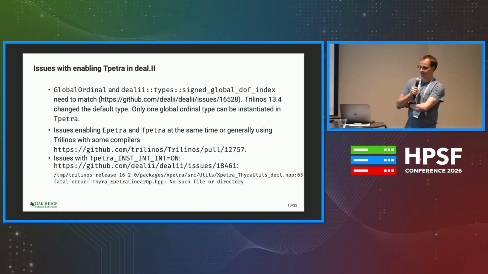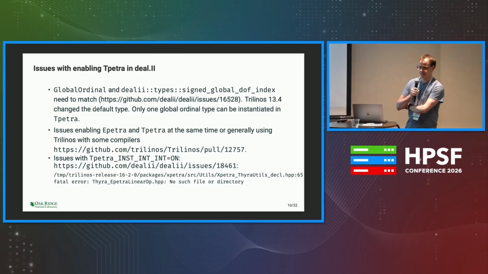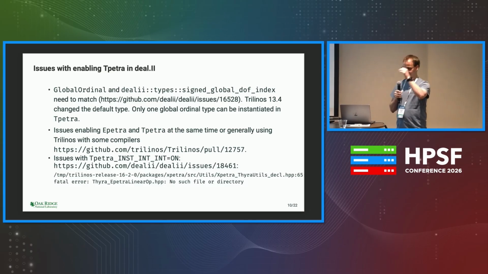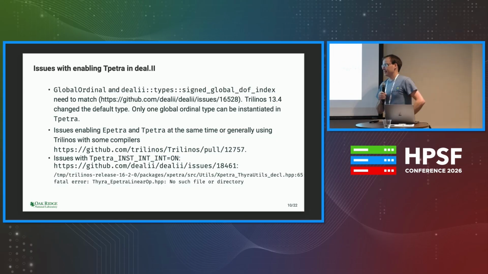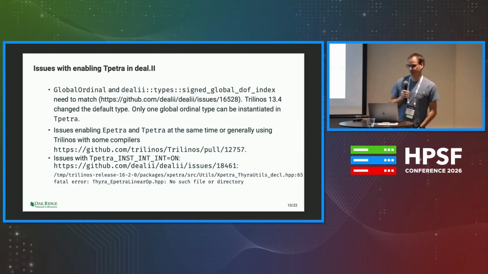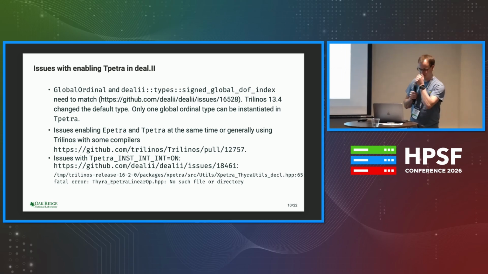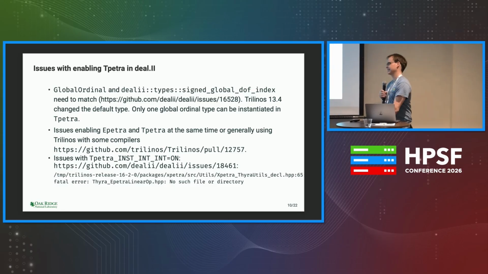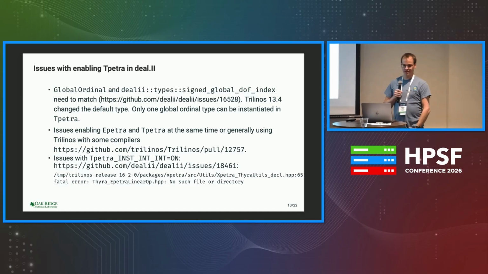We have problems with Epetra and Tpetra, enabling them at the same time for some compilers. Until quite recently, that was not possible. I think that was fixed, this pull request was merged last year, so in 16.1 or so. And then on the deal.II side,